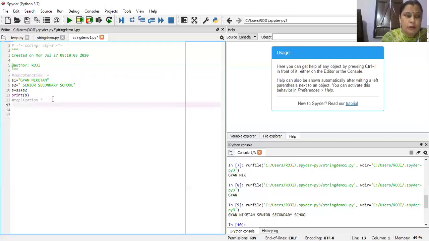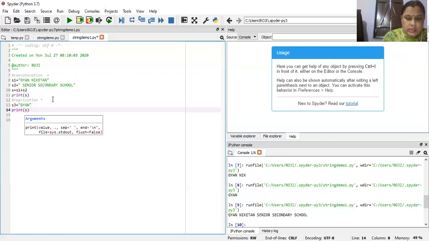Suppose the value of S3 equals Gyan, and we use print S3 * 3.